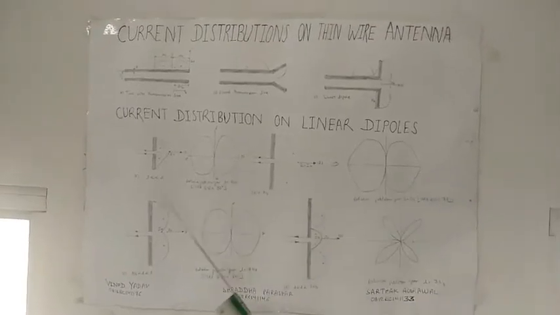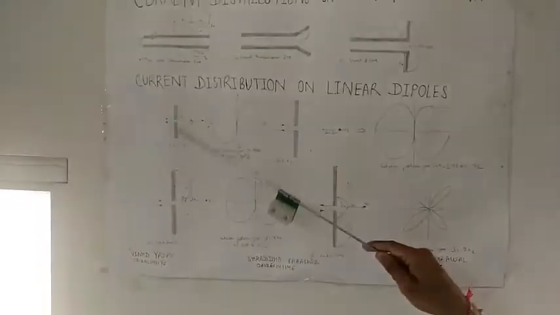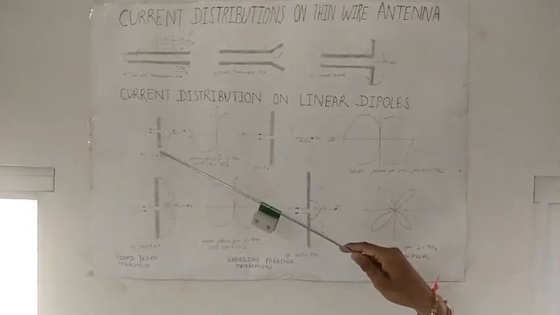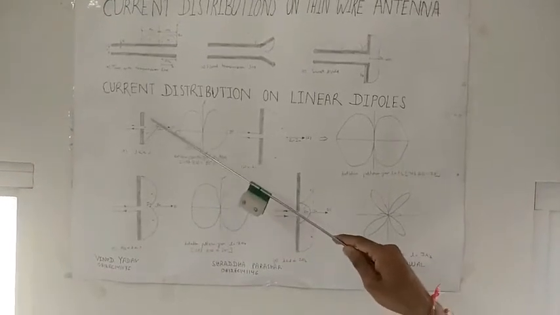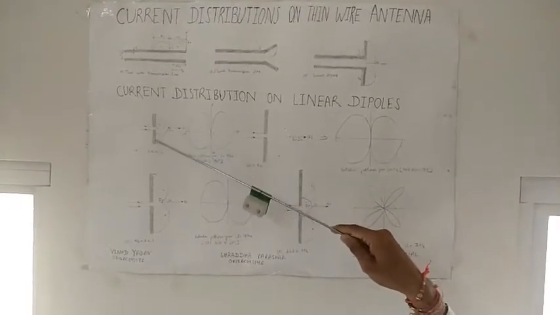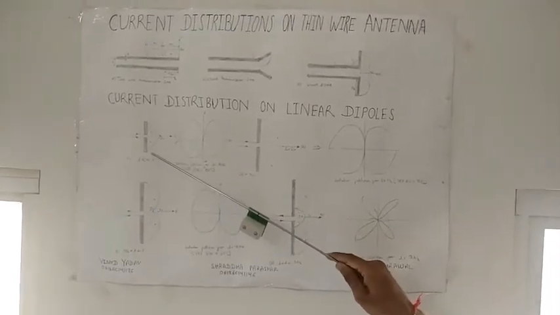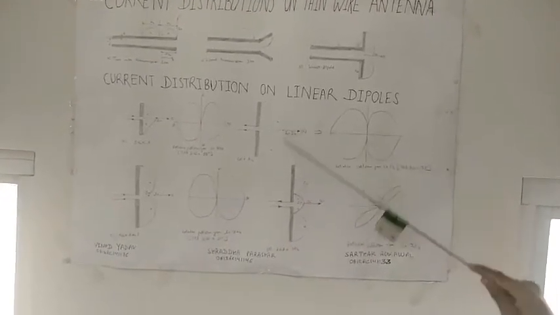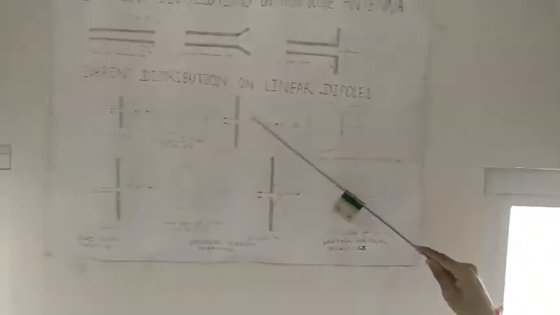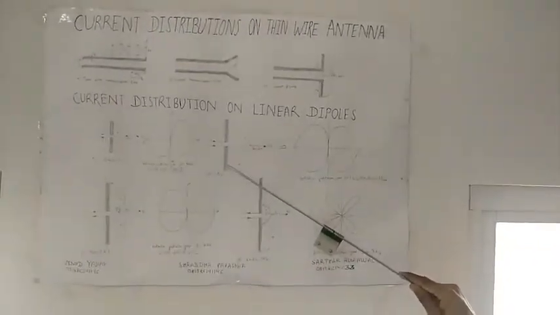So for different lengths, let us say L is less than lambda. In that case, because the length is very small, not of the order of lambda, the current distribution on this very small wire is approximately constant, as in the case of the Hertzian antenna. But as you increase it, we can consider it as triangular. If you increase to the order of lambda by 2 length, then your current is just a half wave current distribution, meaning at the center it is maximum current and at the ending points the current is 0.